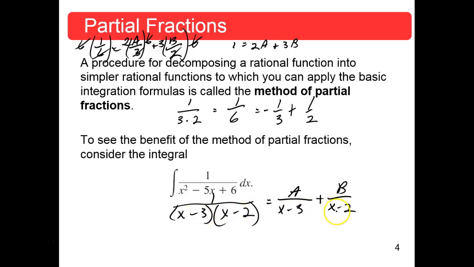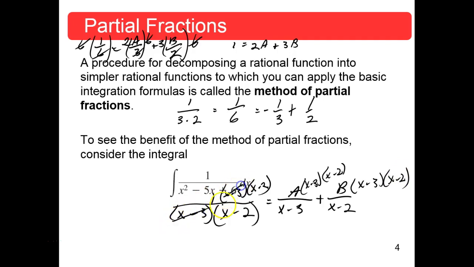What don't you like about it? The denominators. So how do we get rid of them? Yeah, multiply by x minus 3 times x minus 2. That's times 1. This is times x minus 3 times x minus 2. And this one's times x minus 3 times x minus 2. Okay? Now,